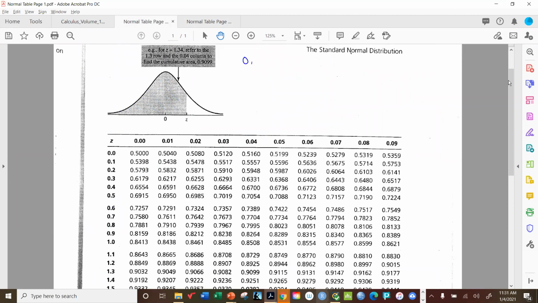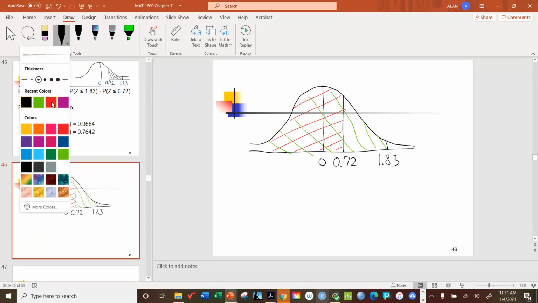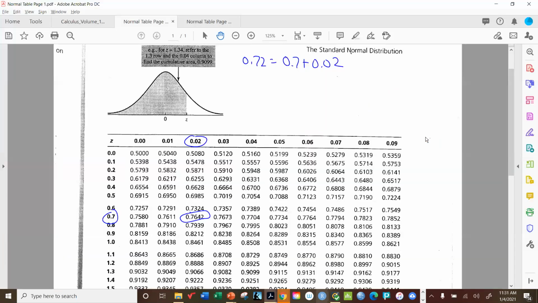0.7 can be written as 0.7 plus 0.02. That would be the combination of 0.7 and 0.02, 7642. So this red area has an area of 0.7642. The green area, 1.83, can be calculated as